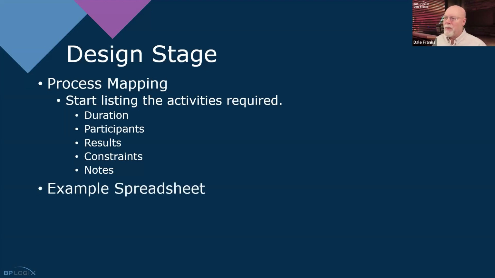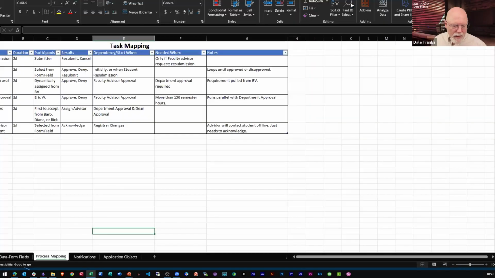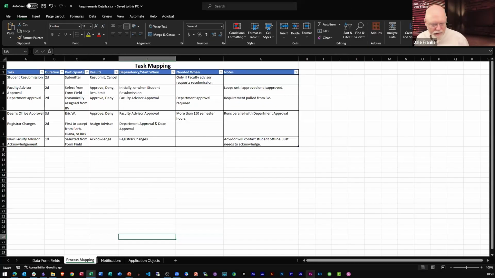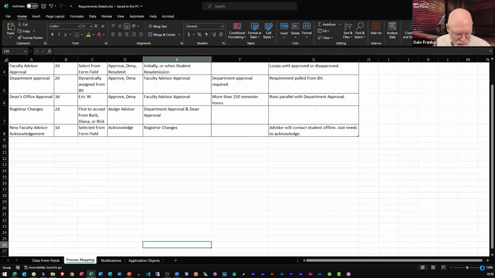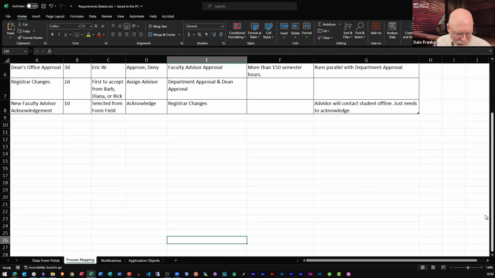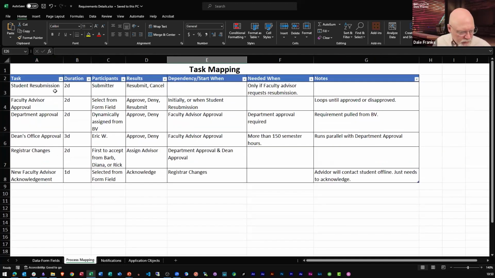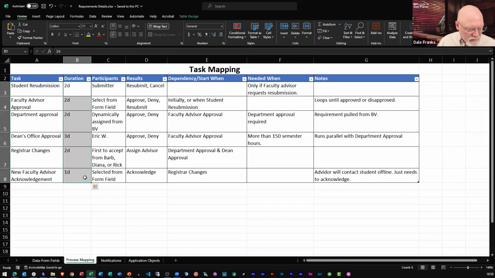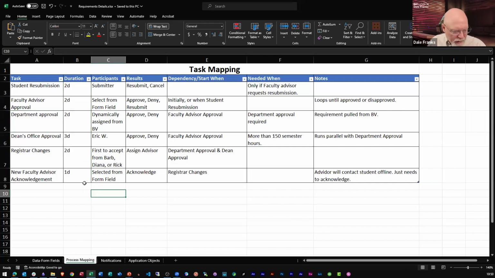And even though I just pulled it off the screen, we'll have to drag it back onto the screen. I have a similar thing happening here with an Excel spreadsheet for my process, which again, I'll expand a little bit so that we can see it. So here are all of my activities that are going to be part of the process timeline. These are all the things that have to happen. I have their durations specified. So each one is going to take a couple of days, perhaps. I know who the participants are and how those participants will be assigned.